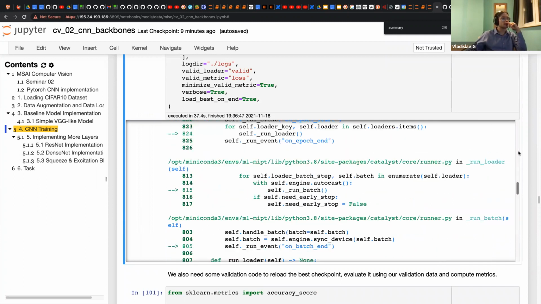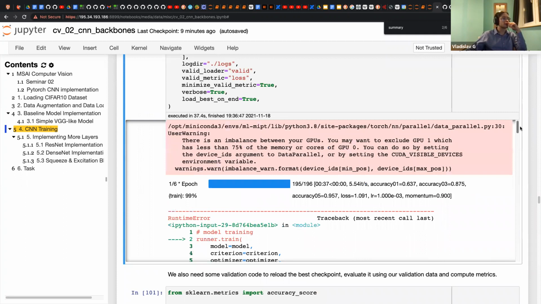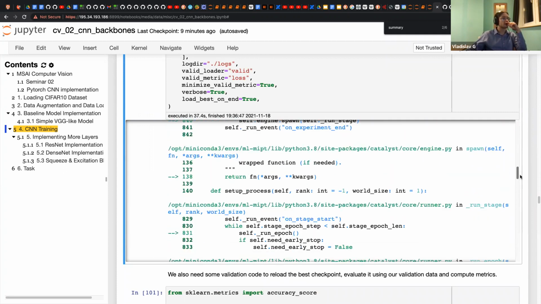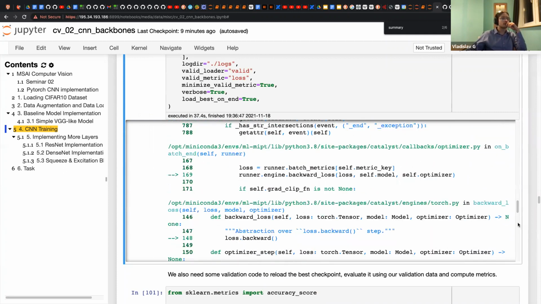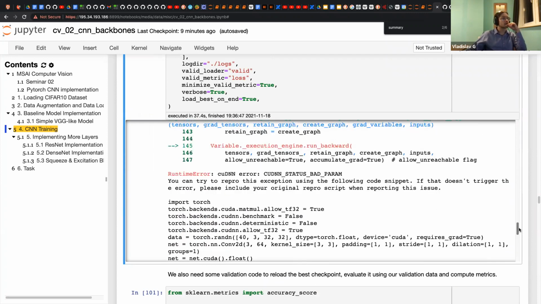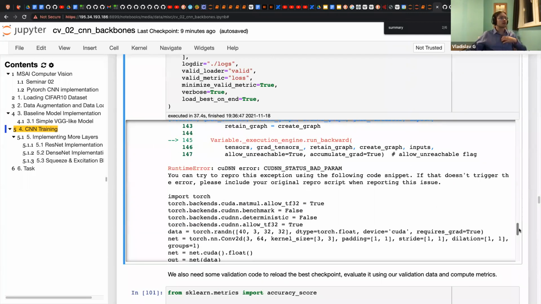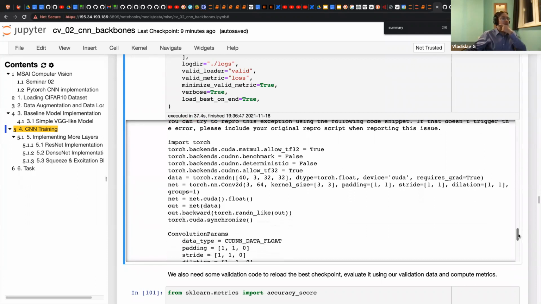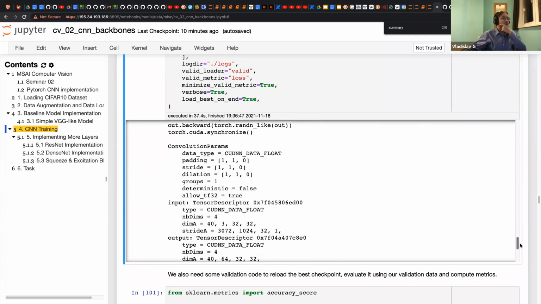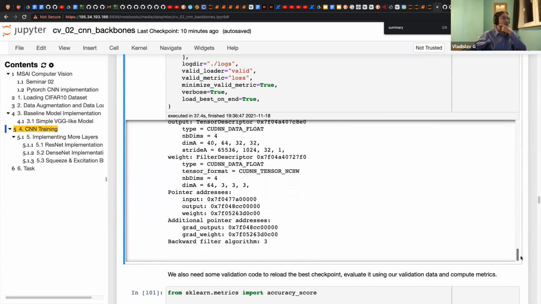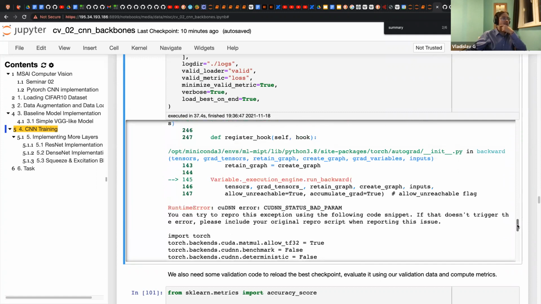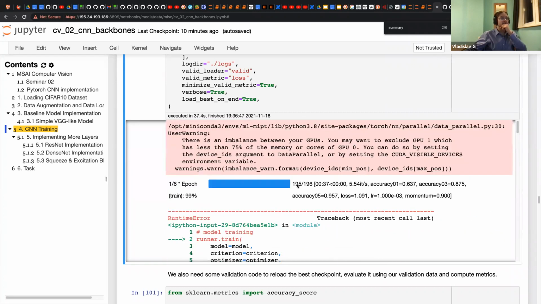Oh no! Oh no! I have bad luck with cuDNN. Yeah, they want me to reproduce some code for them. Okay, I will do that a bit later, but in fact, it happened on the very last step.